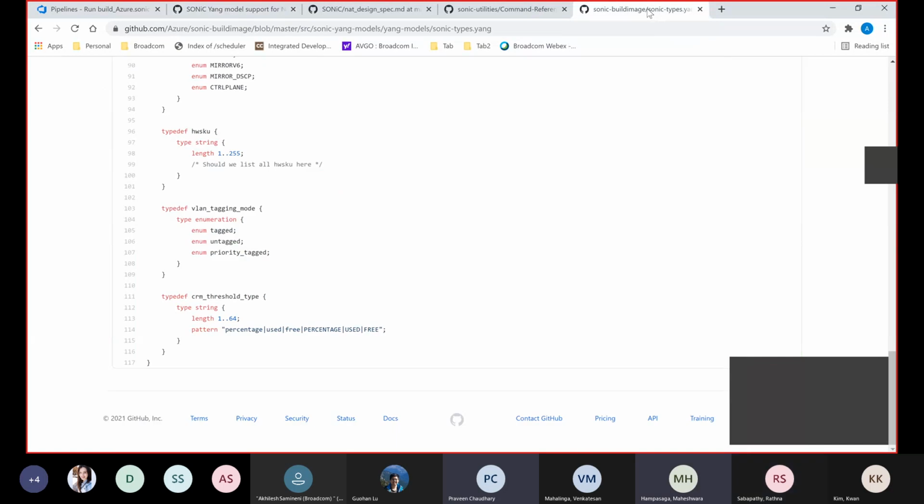Then we need to put a generic leaf name, like status or something like that. Instead of NAT admin mode, it can even be admin mode. We don't necessarily need NAT admin mode; we can name it admin mode with enable disable, then we can put it in sonic types. But if something is very specific to NAT, then yes, it makes sense to put it in NAT.